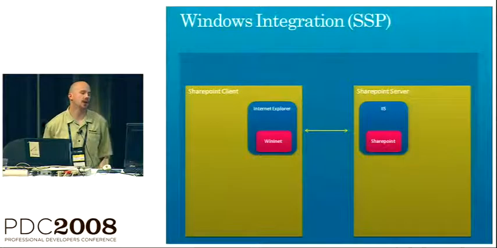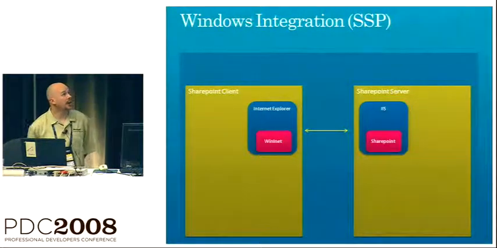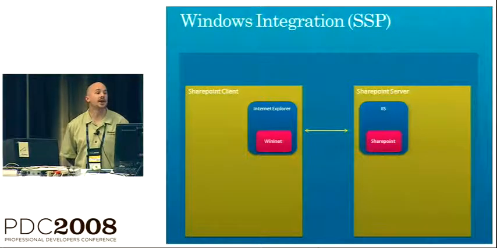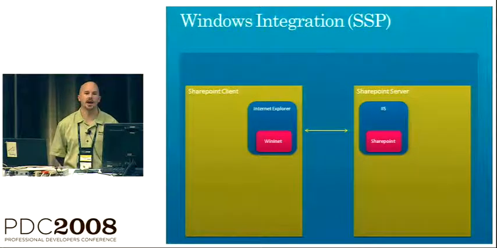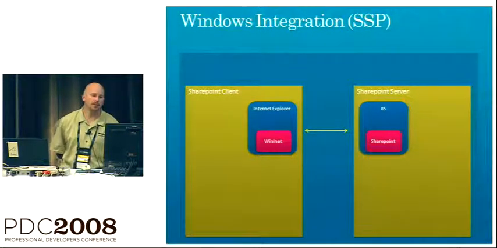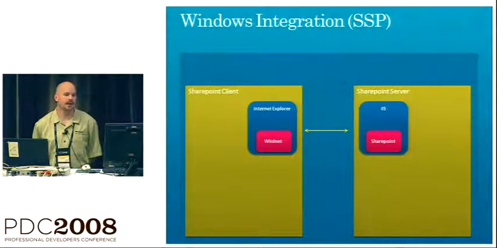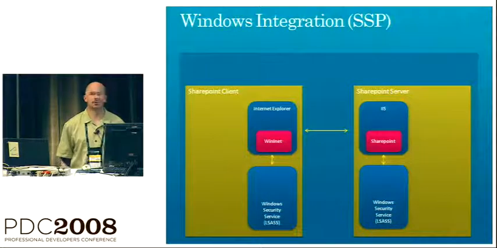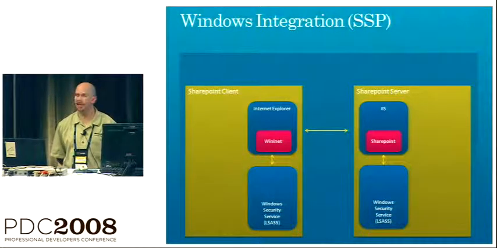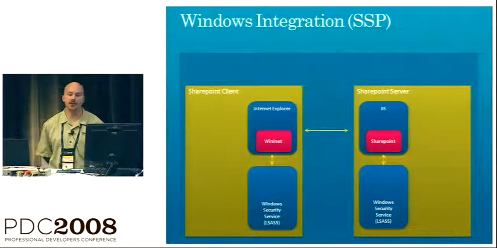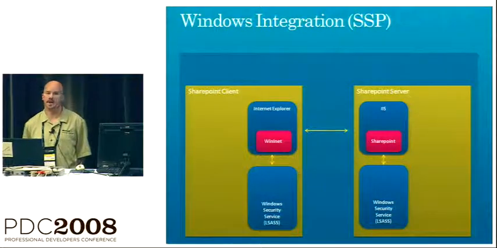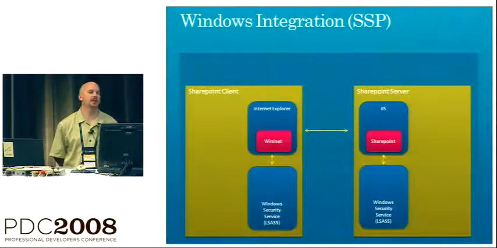So to dig in a little bit deeper, what we've actually prototyped is a SharePoint scenario, for instance. We've prototyped having a SharePoint server running SharePoint Services 3.0. It's not claims aware. We have a regular Internet Explorer user who accesses the SharePoint server. The way it's set up to begin with is using Windows integrated auth. As a result, Internet Explorer collects credentials from the basic Windows authentication service, LSASS, and passes those over the HTTP channel. They go to SharePoint, and SharePoint relies on its server's LSASS process to authenticate those credentials,